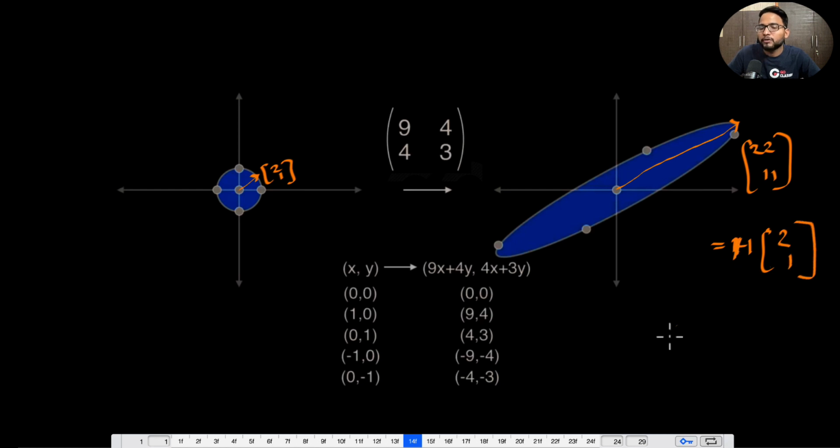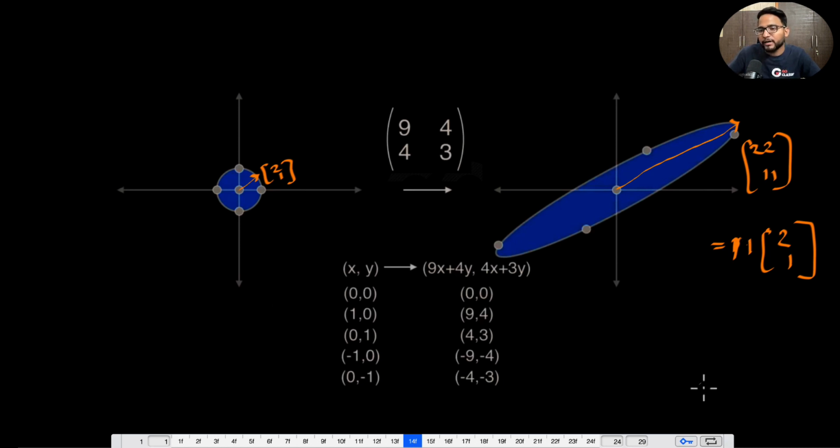What I mean to say is that there is one vector, which is 2 1. If you multiply that with the matrix A, you are getting the same vector. I mean, the same vector in the sense that you are getting the vector in the same direction, and the constant